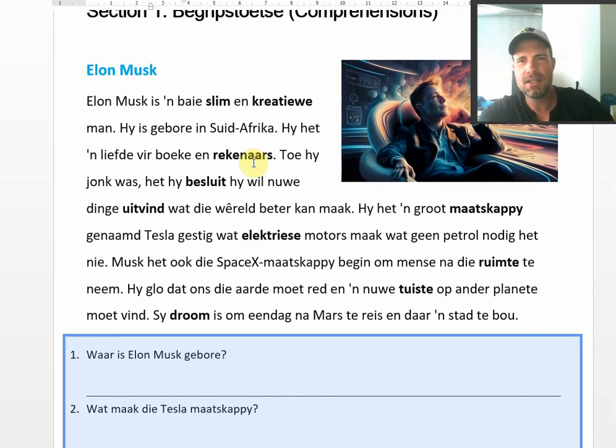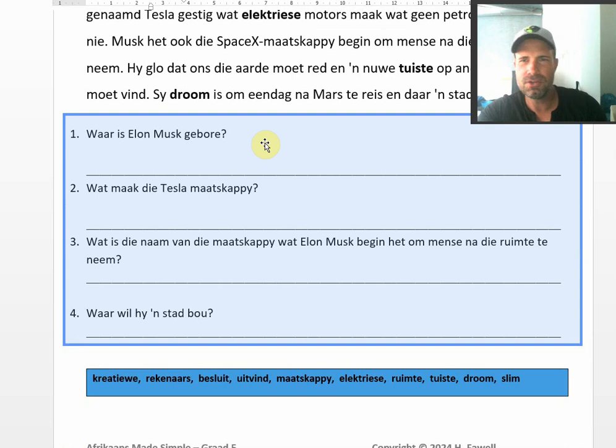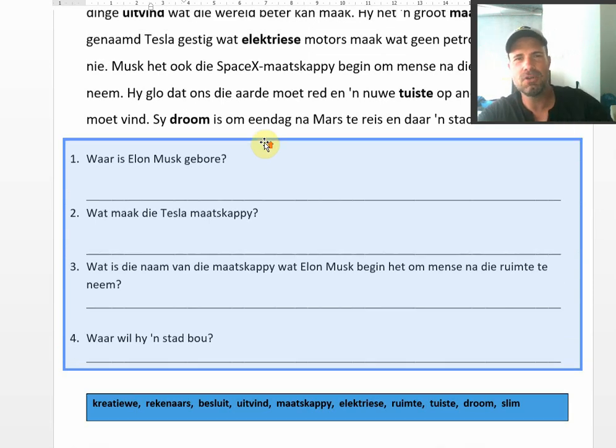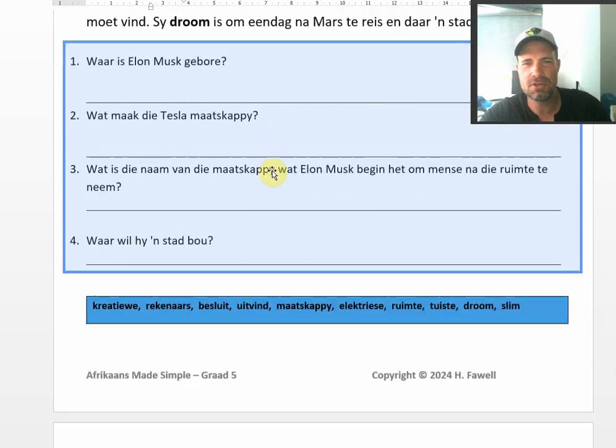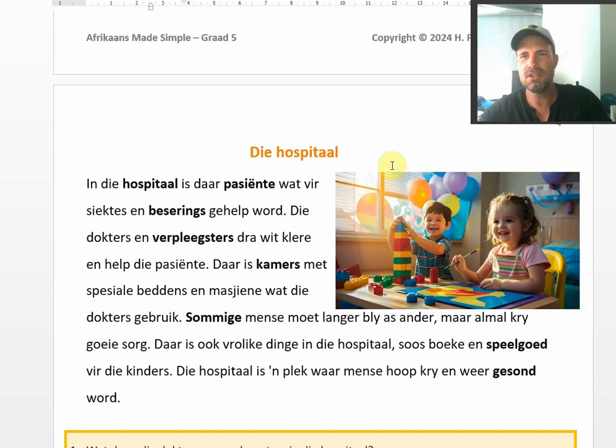It's clean, it's uncluttered, it's non-intimidating, it's something very approachable for the kids. And also when they go home and mom or dad has to help and they can't really speak Afrikaans, this is doable. Okay, this is really doable. There's the topic, the hospital. So these things are not